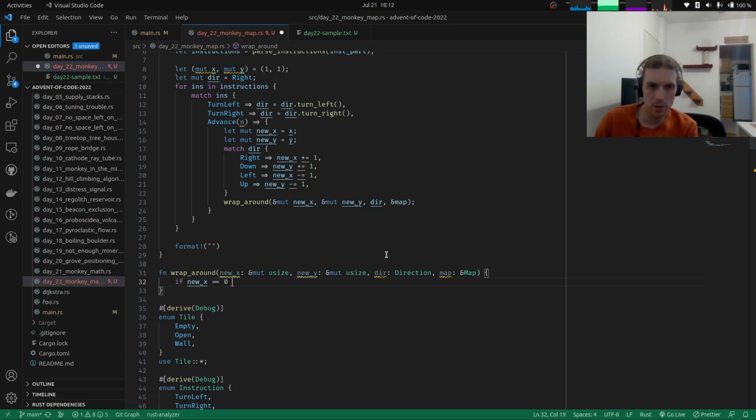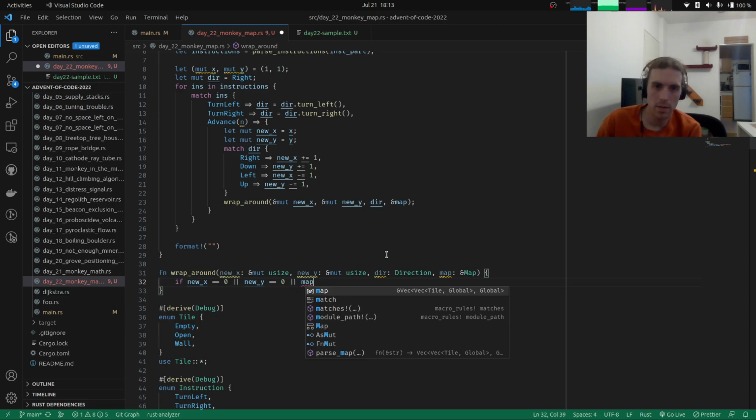So if this is 0, or, I want to check, like, if it is on a correct position, then it's fine. Like if it's not empty on the map, right? So if the new x is 0 or new y is 0, or